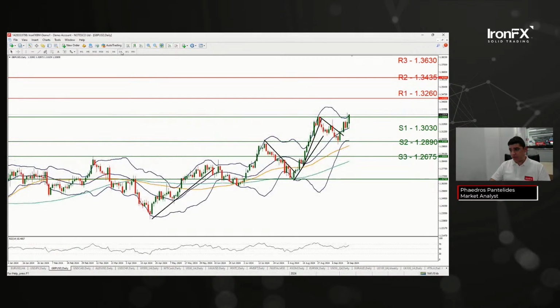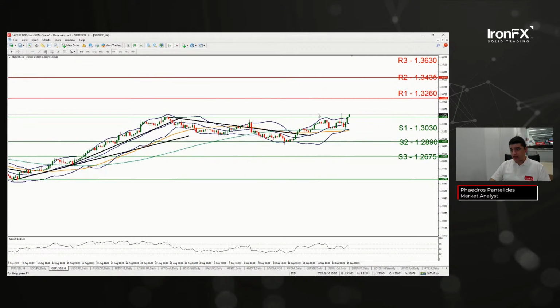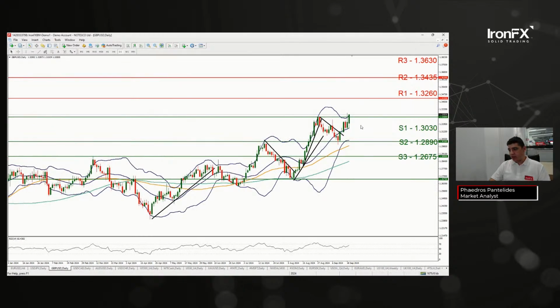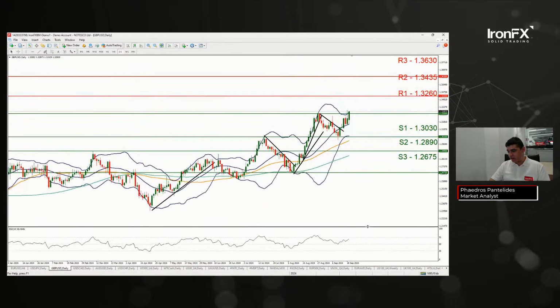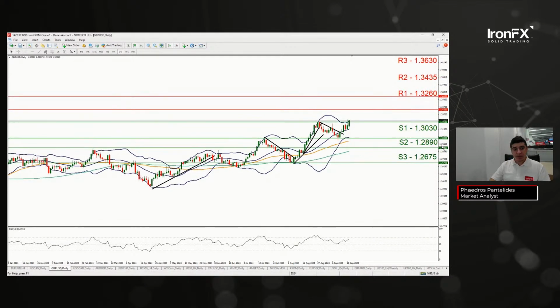You can draw them on the daily time frame and then drop down to the 4 hour to see how they react and to see if they are valid. On the 4 hour, you can see that the RSI is very close to 70, which does imply a strong bullish market sentiment. On the daily, you can see that it is above the mid range of the Bollinger Bands, which further tends to supply a bullish market sentiment as they are tilted towards the upside. Same with the 50 and 100 moving averages. RSI also on the daily close to 70, currently at 65, which does imply a bullish market sentiment even further.